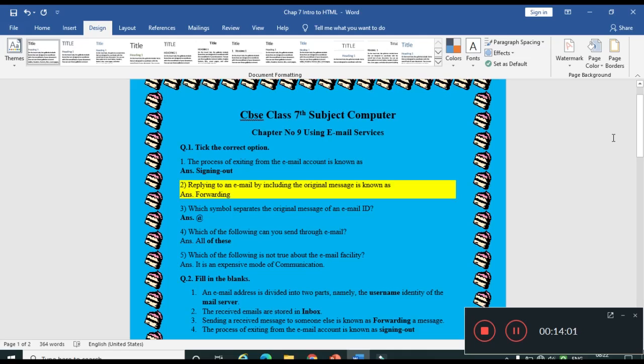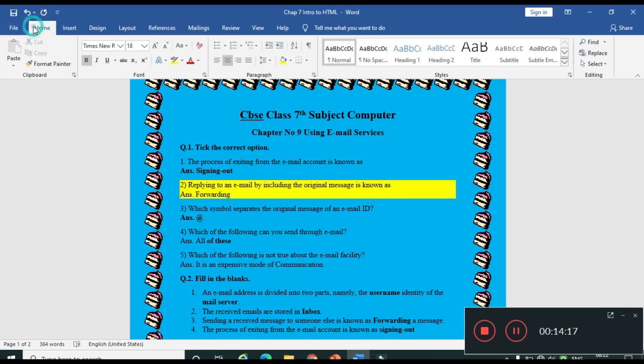So in this way you can give background color to your page. Now next one is how to insert special characters in your MS Word. So for inserting special characters in MS Word, I will click over here somewhere. I have clicked over here. Now I am going to the Home tab. In the Home tab, just go in a